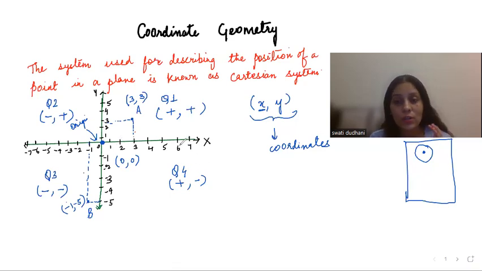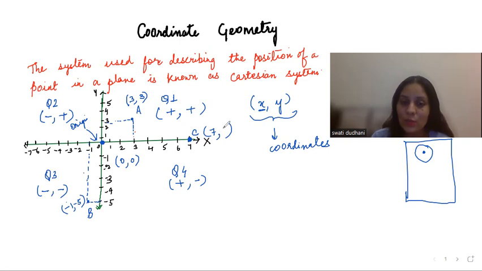Now, one more thing. If we have a point on the axis, let's say this is my point C, how do I write the coordinates for it? We always write x comma y. So the point is on the x-axis at 7. So 7 comma, but it doesn't represent anything on the y-axis, so the y coordinate will always be 0. Now, similarly, if I have a point on the y-axis, let's say this is my point T, what will be the coordinates of this? Since I always write the coordinates with x comma y, it isn't falling on x.